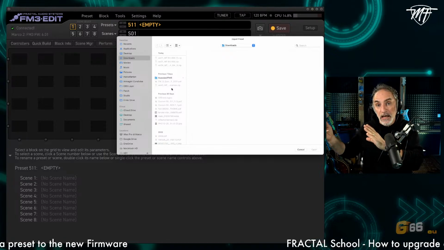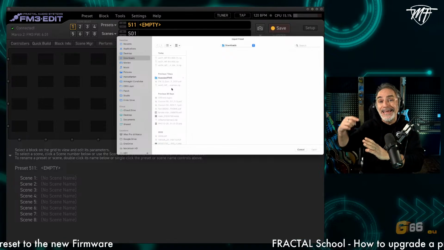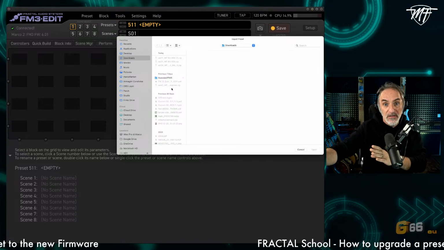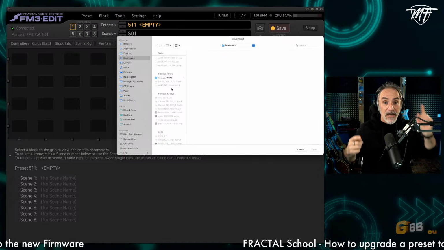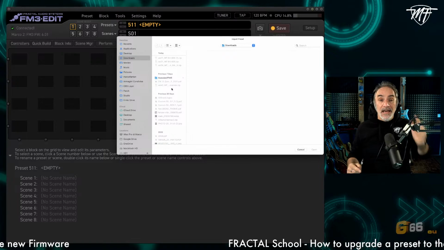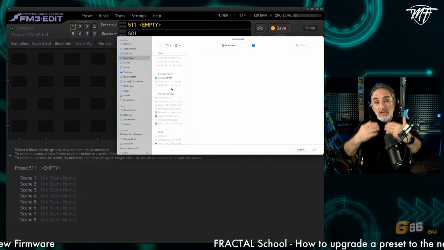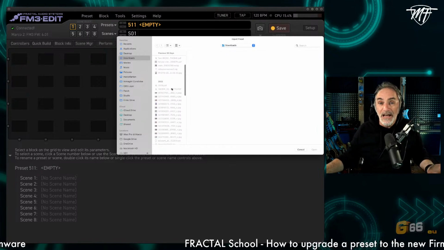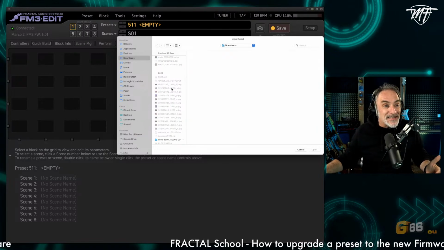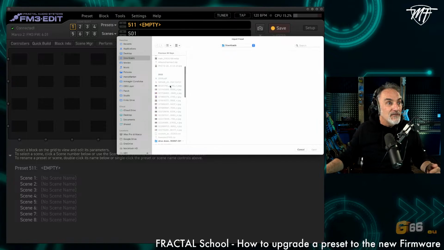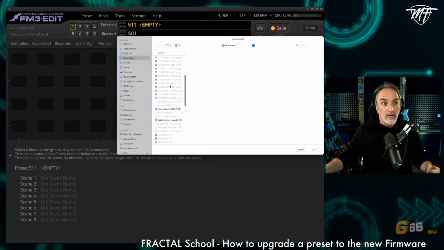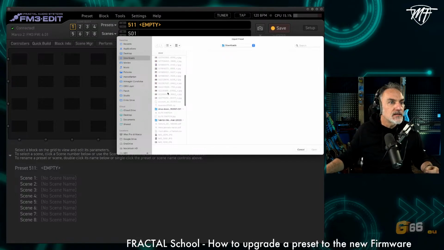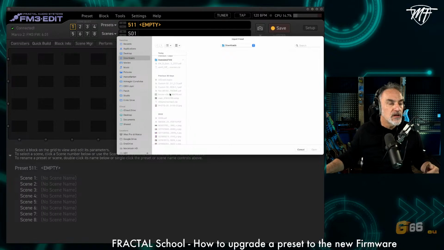Because FractalBot wants to have the same preset creation to install the preset. So if I create a preset on FM3, I cannot install it to the FX3 with the FractalBot, but you can do this with the editor, and it makes no sense to use other tools, because the editor is absolutely nice and very, very good to install the preset. Okay, so let's go to the